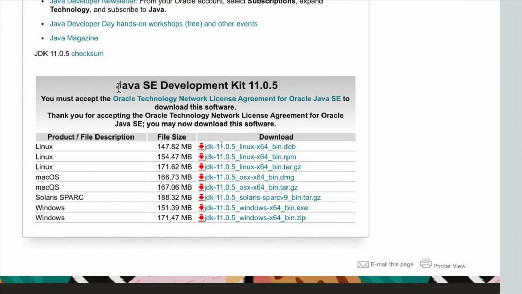If there's a later version out by the time you're watching this, so version 12 is actually already out, the reason I'm not planning to start off using that is because there are relatively minor changes in version 12 of Java compared to version 11, and it's not always the case that all the software you use will be compatible with the absolute latest version. So it's often not a bad idea to hang back a little bit from upgrading your version of Java, because otherwise you may run into incompatibility issues.